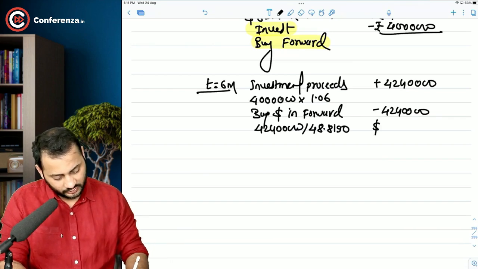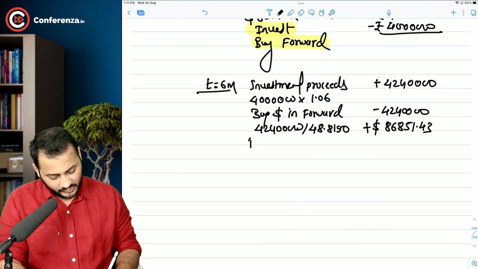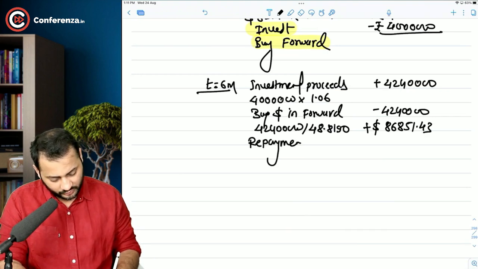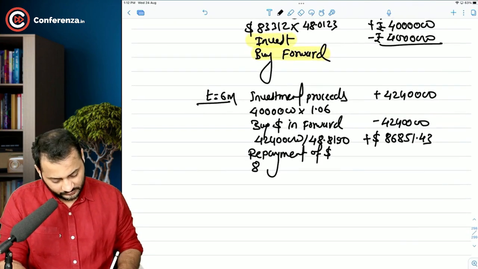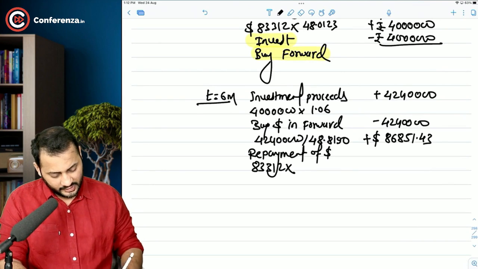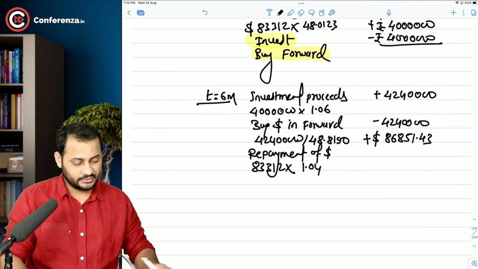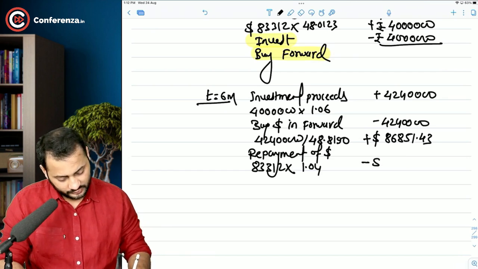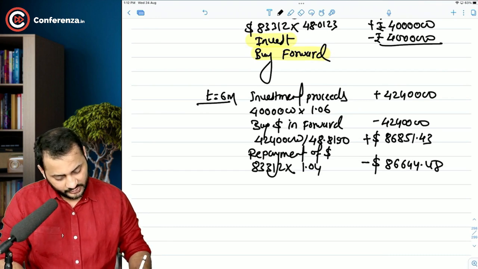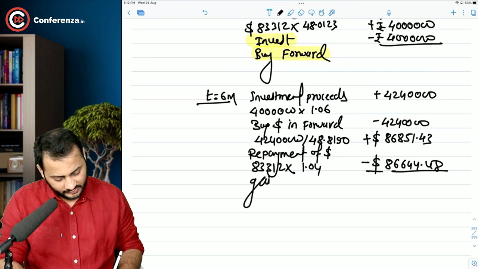So you will receive 86,851.43 dollars, and now the repayment of the dollars that you have borrowed. How much did you borrow? You borrowed 83,312, and that too at 4% for 6 months. That comes to a repayment of 86,644.48. You can clearly see we have a gain of arbitrage here,